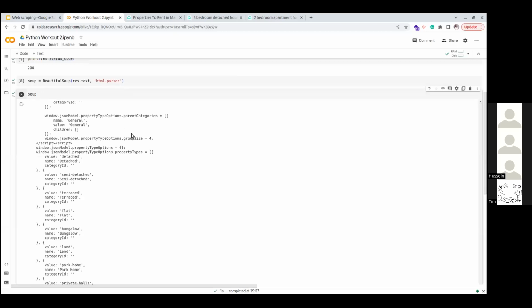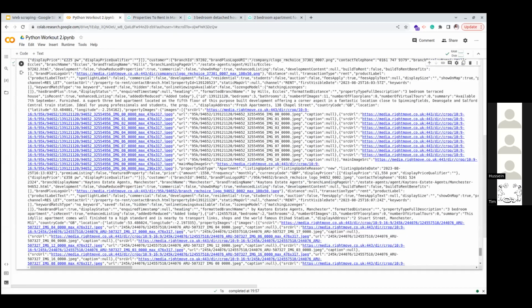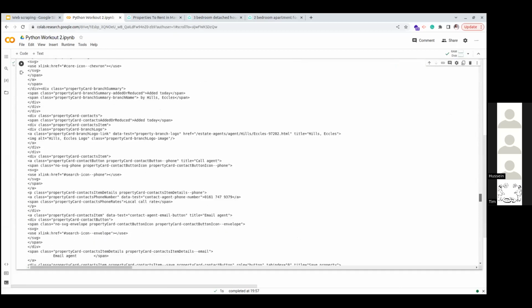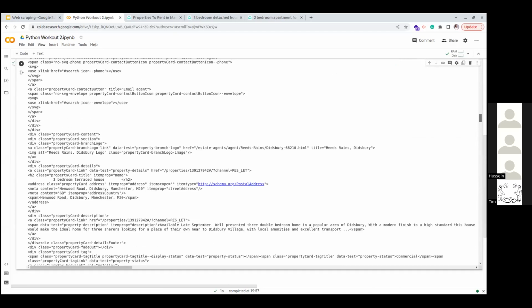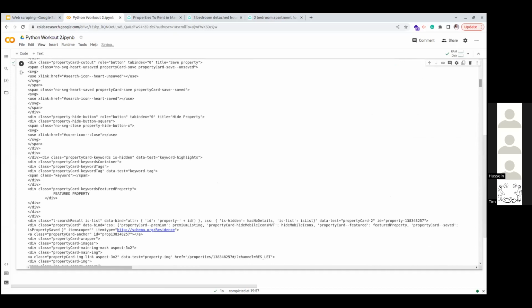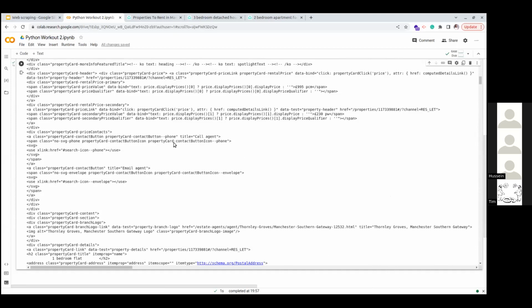You can see it's taking time. Yeah, it's a lot of things. You can see it's really big, but I can tell you that all of that information you have seen is here. But because it's a lot, you can't use this to start figuring out what is common to what.